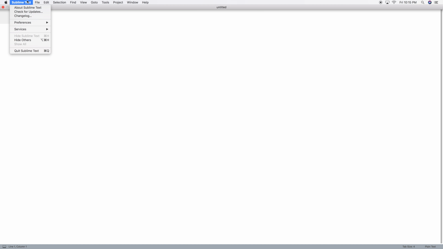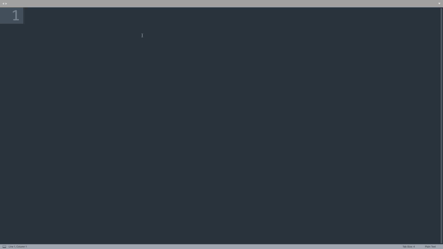When you open up Sublime Text, what you're probably going to see is a blank screen. And one of the common features of text editors is the ability to customize it. So when you see this blank screen, one of the things you can do is go up here to Sublime Text and select Preferences. And you can go down to Color Scheme. And this color scheme and theme will allow you to change the look and feel of the text editor, if you will. So you click on Color Scheme, and you can select one of these other color schemes